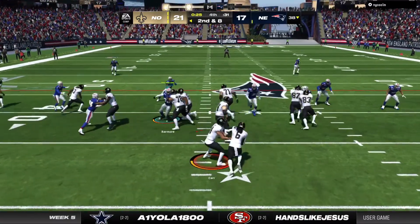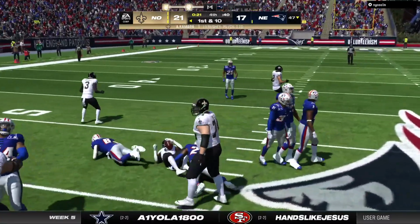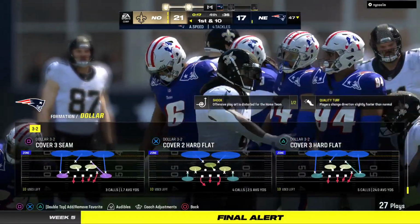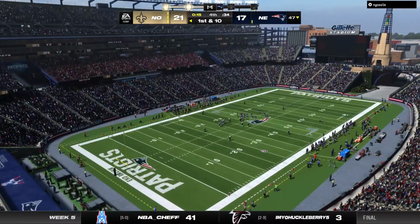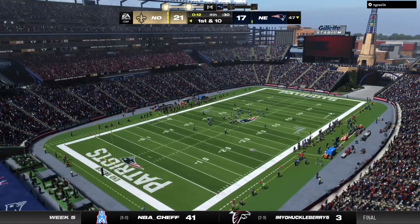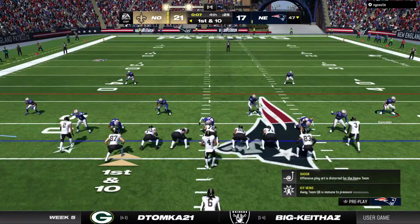Another run on 2nd down, trying to cover up. And he will have a Saints 1st down. It has been a struggle, but it's looking like that'll be the one to seal a victory for him. A gain of 9 yards. 1st down, Saints. So after the run by Kamara, now another 1st